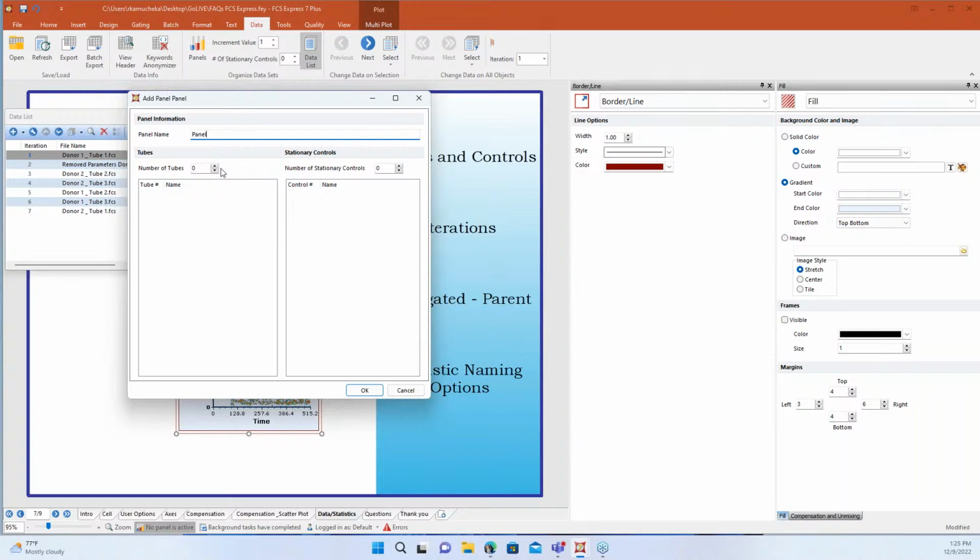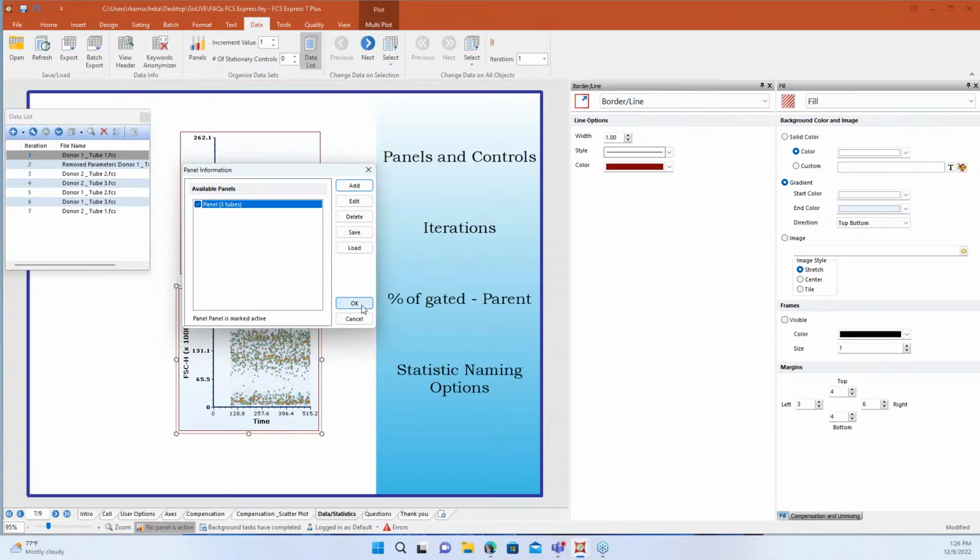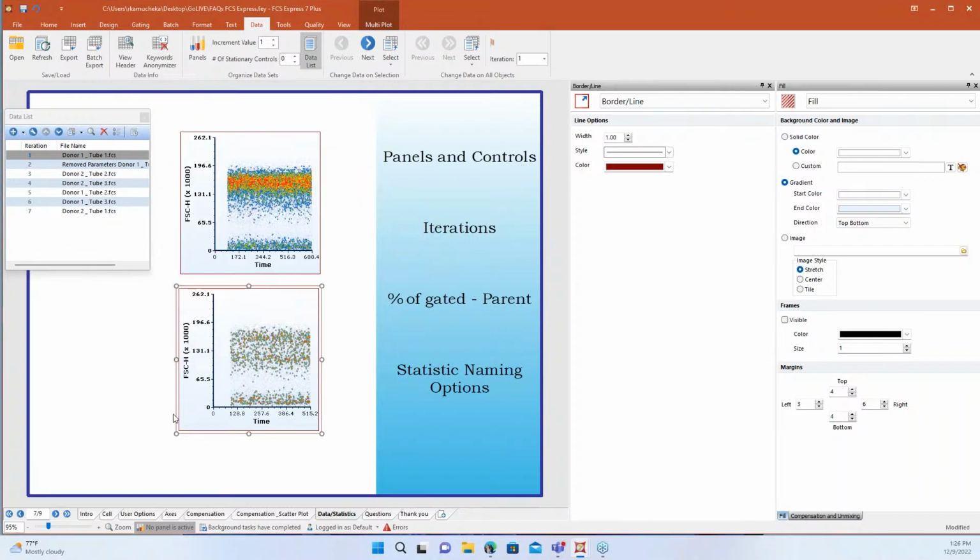You can introduce this information however you'd like. Once you have it in there, you have the ability to name it. So if I wanted to do T cells, B cells, NK cells, I can write in that information, and I'll know which order my data goes in. I can do the same with my stationary controls. I can add some stationary controls here. I can say FMO for CD4, or some population that's giving me a headache, or whatever other kind of controls that I have. Maybe it's just a universal control, like a positive sample that I know, if it looks like this, I have a positive in my test sample. Whichever those are, you can introduce those and give them a name. And then when I click OK again, you'll see that my data list is good.